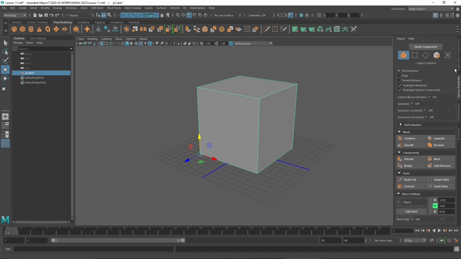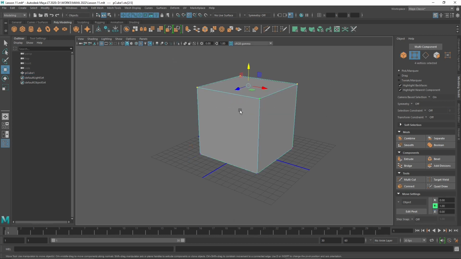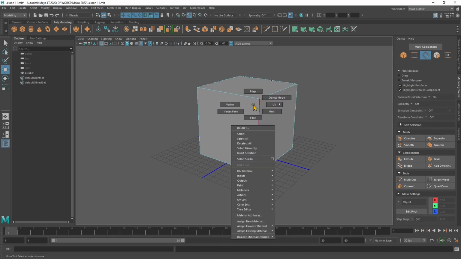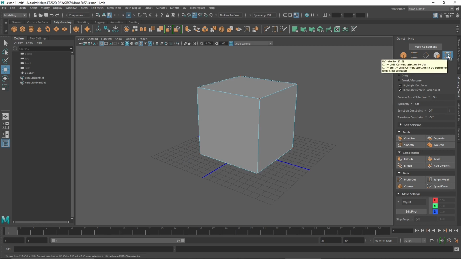We're also going to talk about the modeling toolkit, which is specific for polygonal modeling. Also, if we right click, we can access vertices. So we can select those vertices, or we can select edges, or we can select faces, which are again polygons. You can do that also here in the panel on the right. You can see I can select also the UV texture. That's something concerning materials and textures. We're going to see that later on. Right now we will focus on polygonal modeling and using all these different